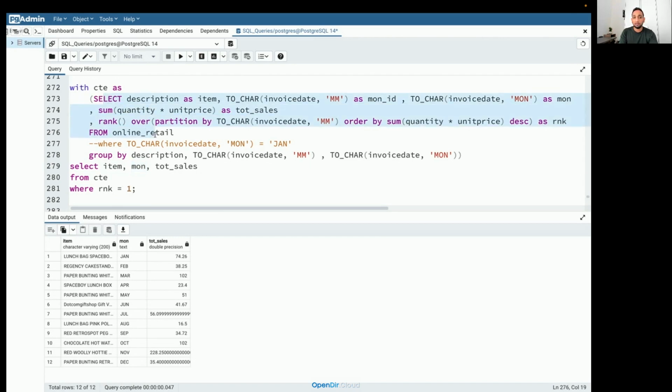First I wrote a simple data fetch for that particular month, then I put a group by, then I did the aggregation, then I used the rank, then I put everything into a city, and then I wrote the main query. And I'm doing the same approach for every other query. This is the same method that you need to use when you're solving the problem.